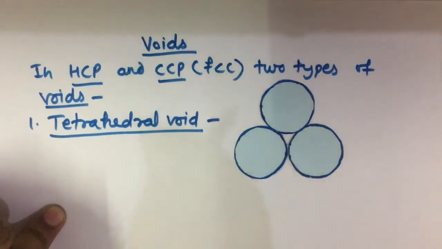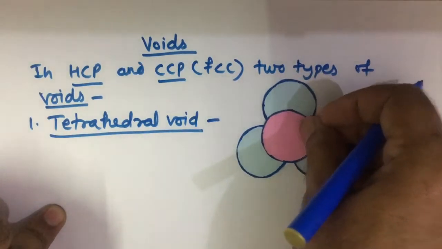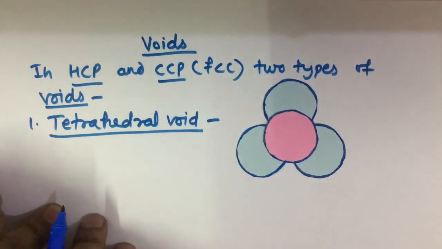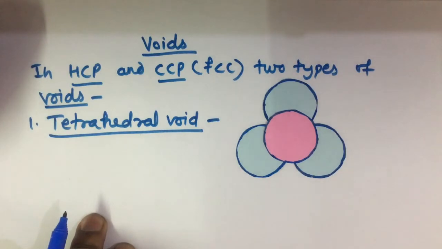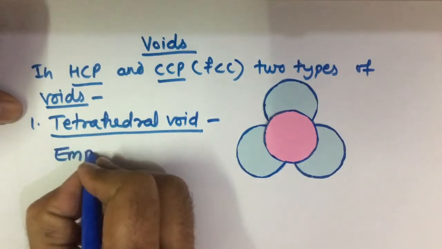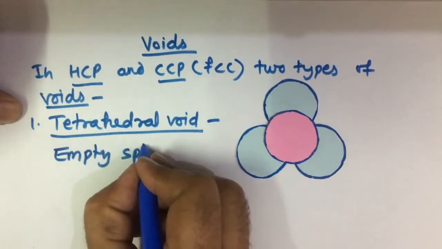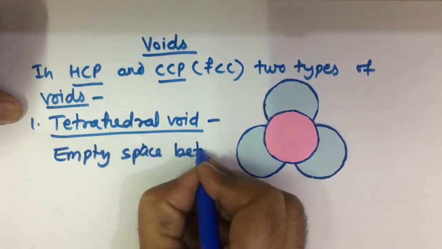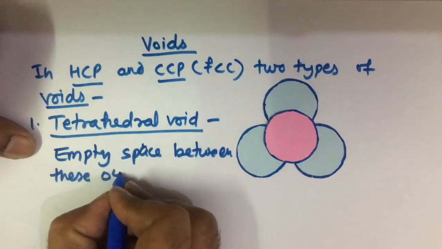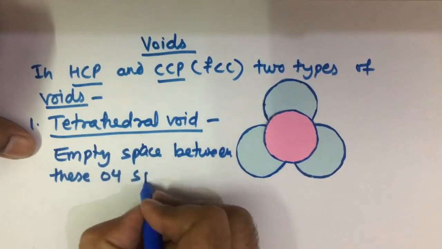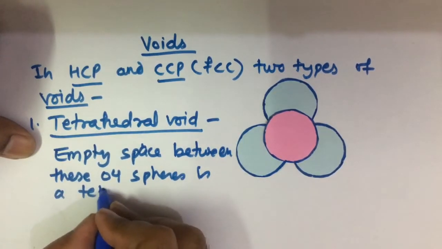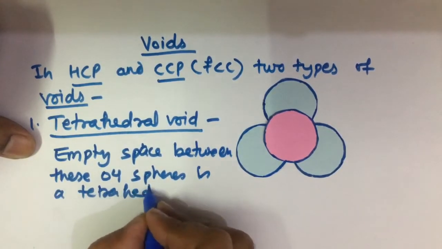If I place one sphere over this, the void formed in between these four spheres is called a tetrahedral void. So the empty space between these four spheres is a tetrahedral